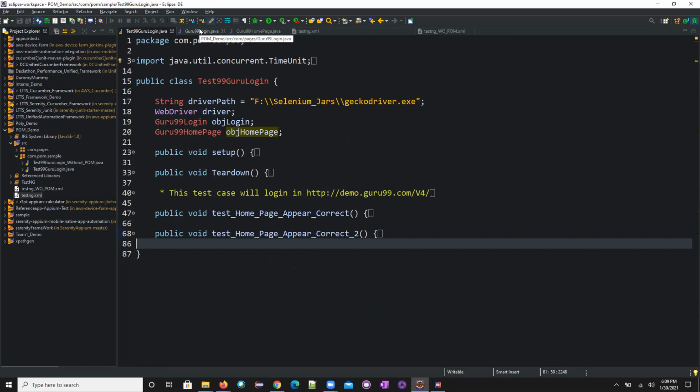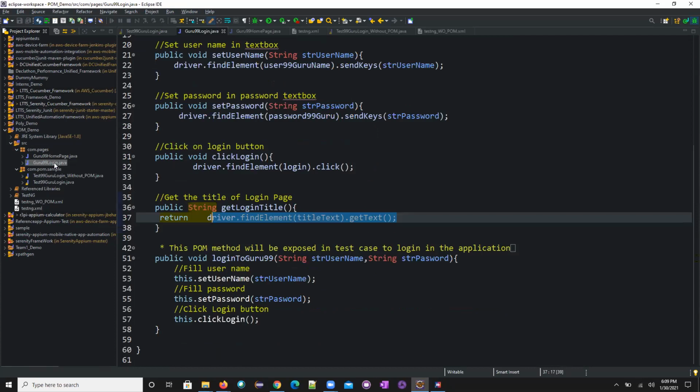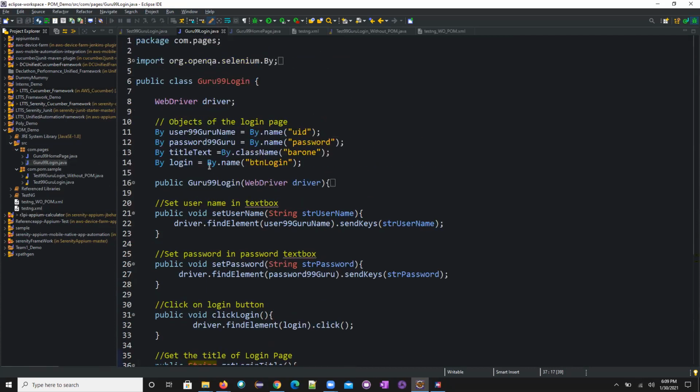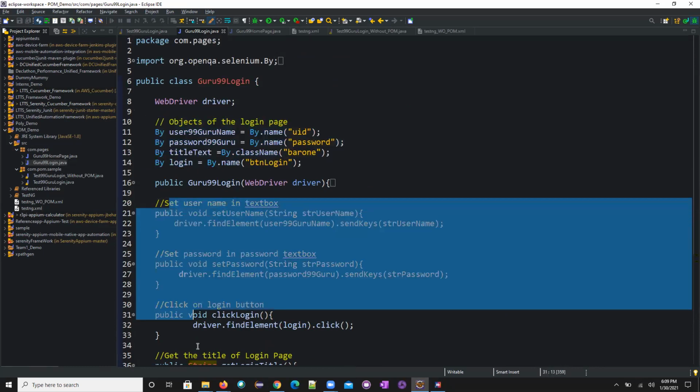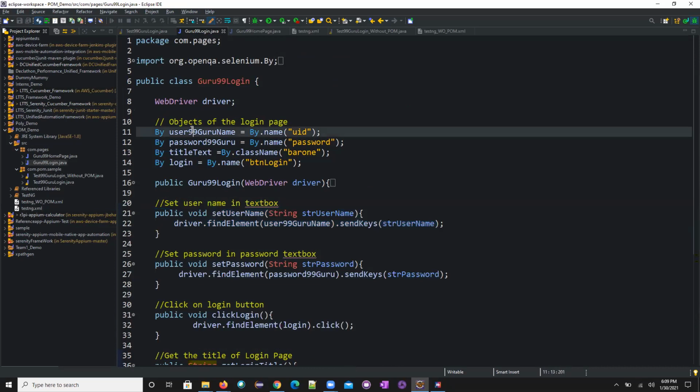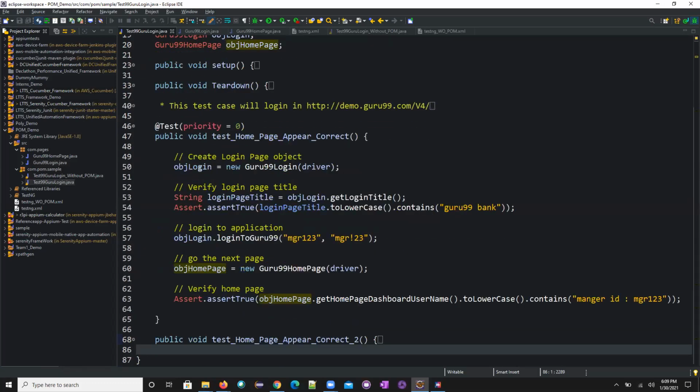So to give you a quick recap of what we have done: whatever the pages, if you have 10 pages, we will be creating all 10 pages over here. If it is a login page, for example, first we'll define all the respective objects over there and the respective methods over here. For those methods, we will pass these objects and create them. And when we want to execute them, we will call them in this particular test case, creating an object and calling it. Why? Because if you have 1000 test cases, I'm just calling these methods.